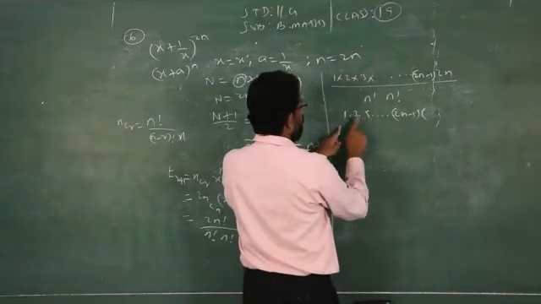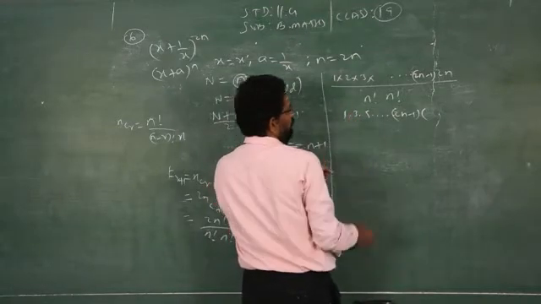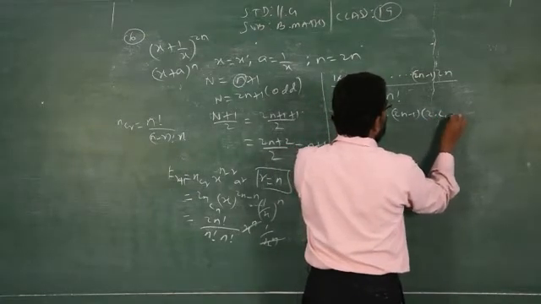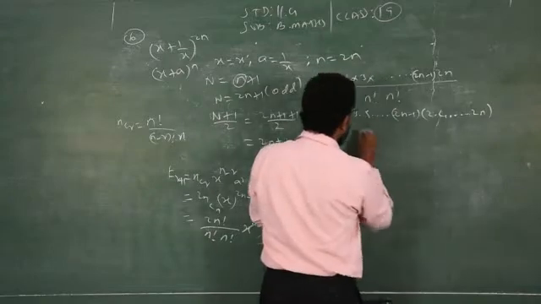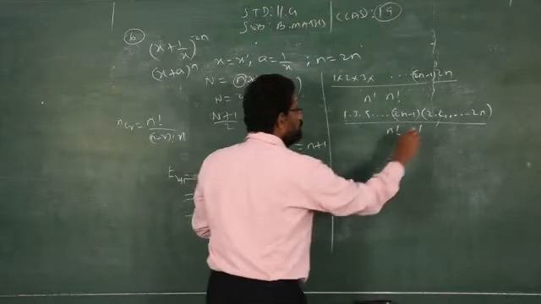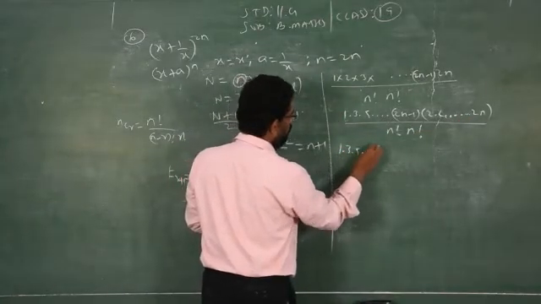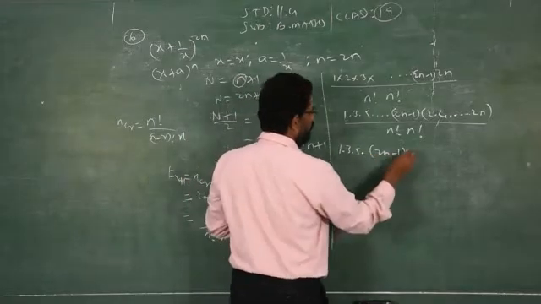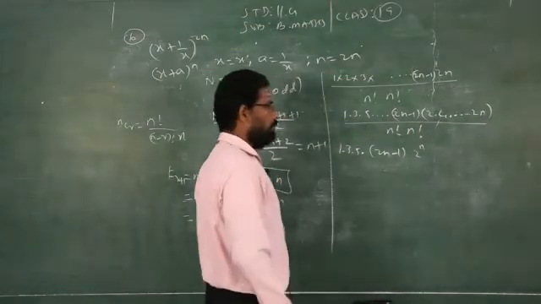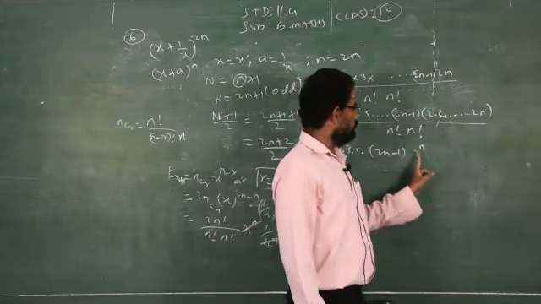So, I take 1, 3, 5. This dot stands for multiplication. Don't get confused, this dot stands for multiplication. So, 2 into 4 and so on. What is the last number? 2n, divided by n factorial into n factorial. So, what is the common factor of the next one, the even numbers? 1 into 3 into 5 into 2n minus 1. I am taking 2 outside. How many times is 2 repeated? n times. Therefore, you have to take 2 power n. When I take 2 as the common factor of n terms, that is 2 power n.